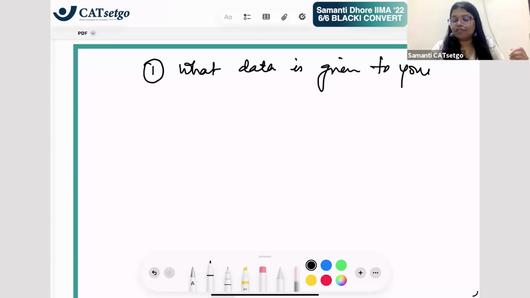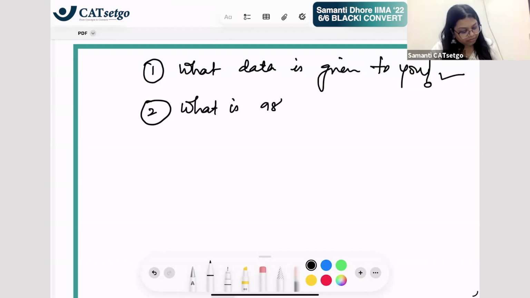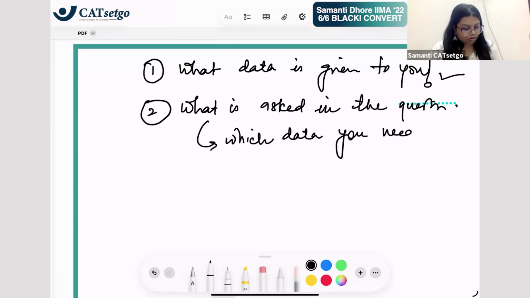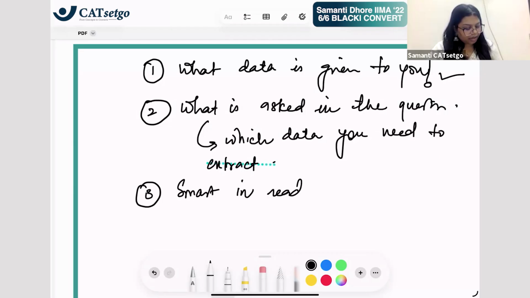We expected different sorts of data from different sorts of table. That was the concept number one. Second concept is what is asked in the question. You have to understand what is asked to you in the question so that you can determine which data you need to extract. Right? Then we have to be smart in reading data. I told you many calculations, like in that table we did at the starting, I just cut